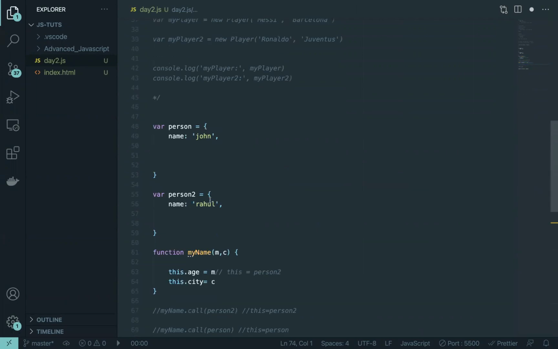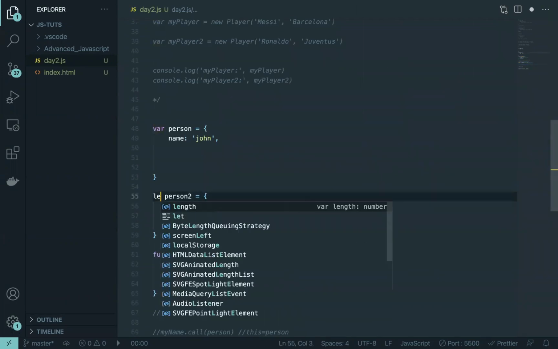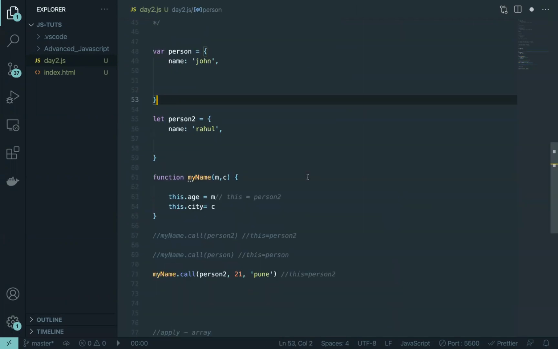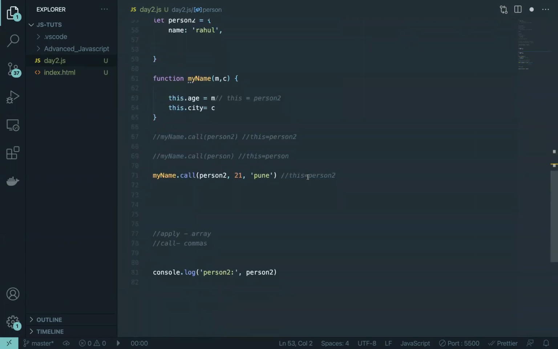Again, I don't want to keep on using var anymore. We should try using let in this case. That's a habit we want to get out of. JavaScript will provide us a better way to do things as we move on. And it's our job to understand how it is working, to understand where we can use it, and keep on practicing so that we can become a better developer.